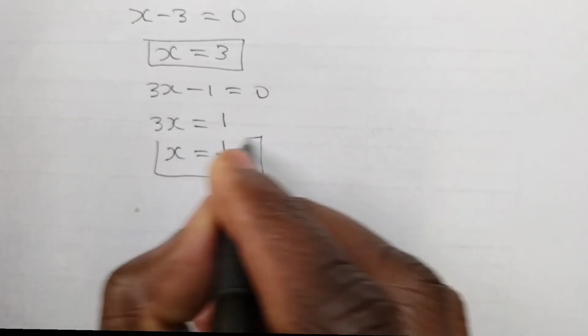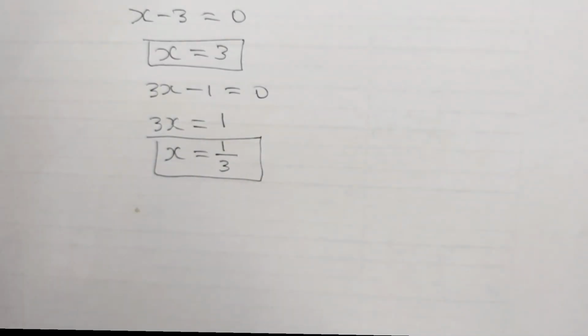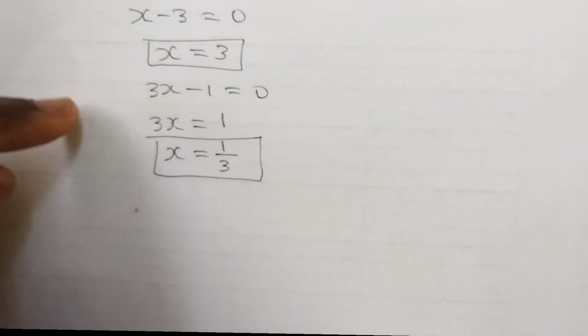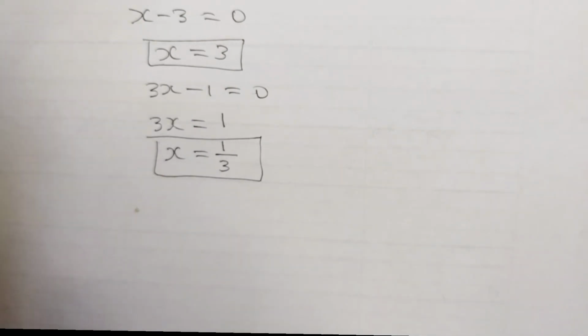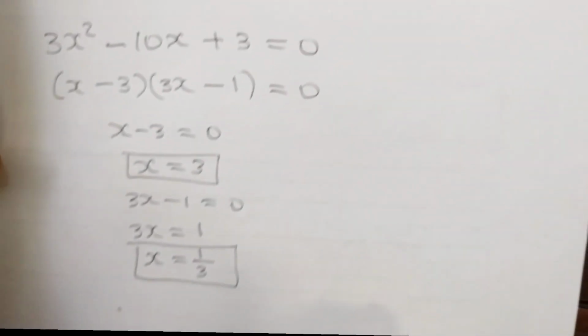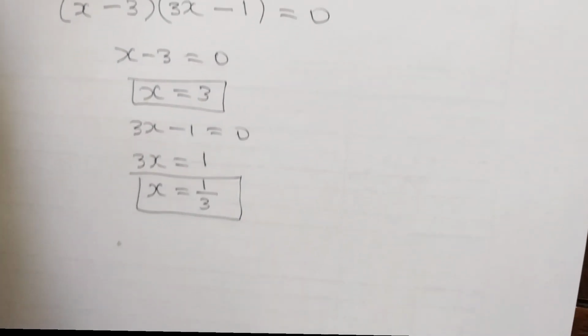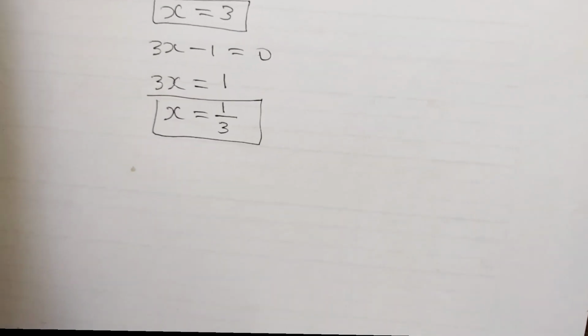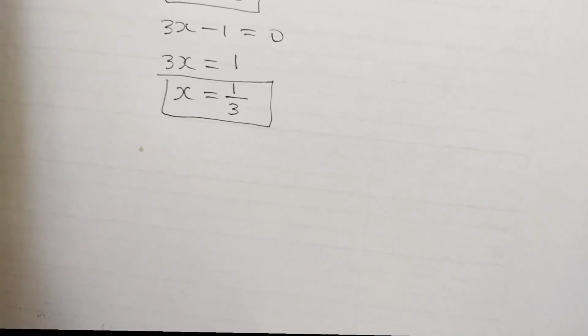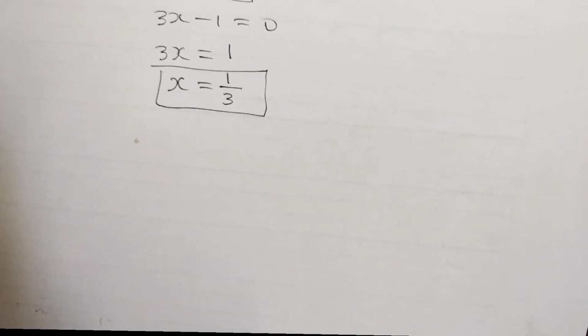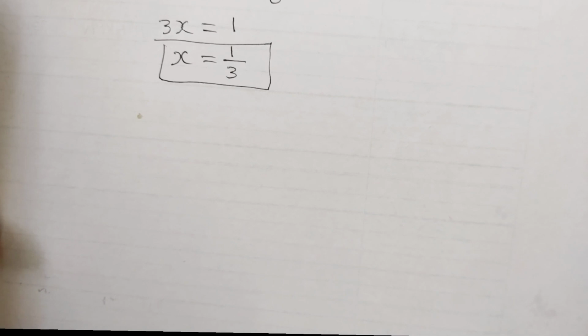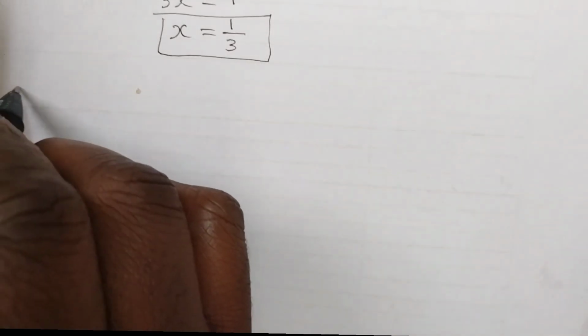So ladies and gentlemen, these are the roots, the values of x for which the quadratic equation right here will be equal to 0. So ladies and gentlemen, we have managed to find all the values of x of the proposed equation, which is a quintic equation. So the equation can now be factorized. We have found all the factors. So we are going to write this: